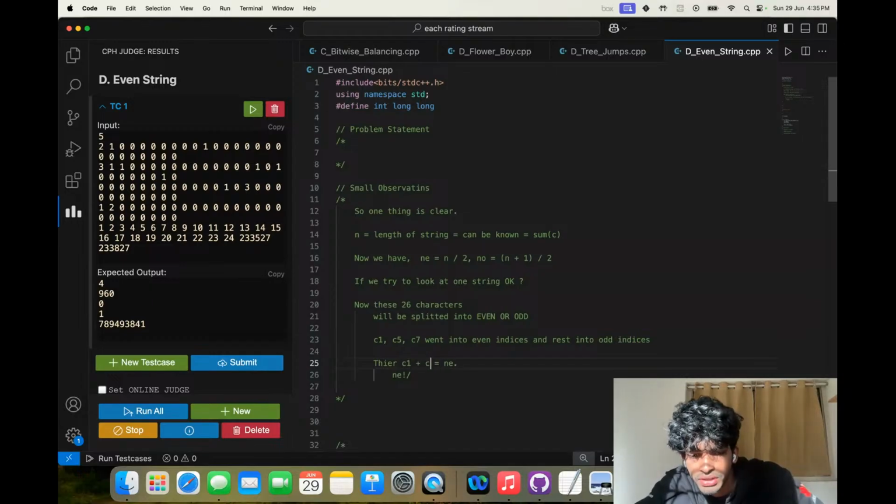If C1 plus C5 plus C7 equals NE, then the answer is NE factorial by C1 factorial into C5 factorial into C7 factorial. This is obvious.